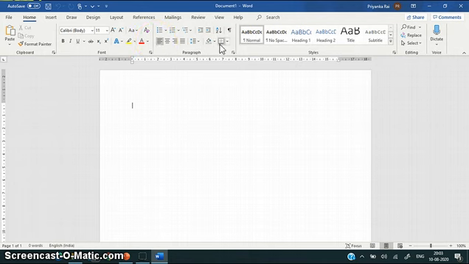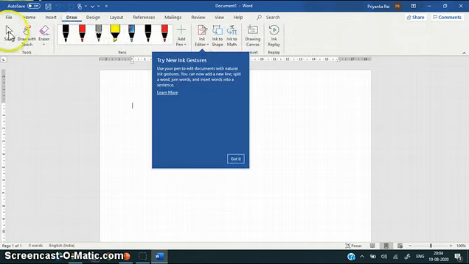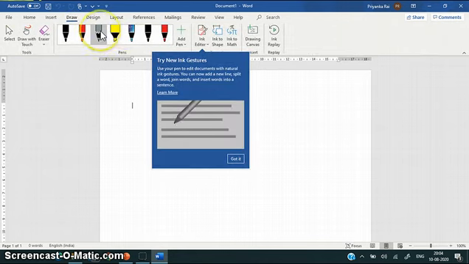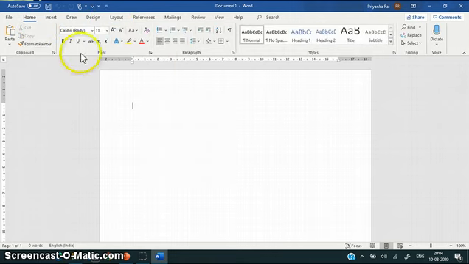This is the ribbon which displays a group of related commands in the tab. If it is the home tab, it will display the related commands. If I click the draw tab, the draw commands will be displayed. These are the different ribbons on the different tabs.